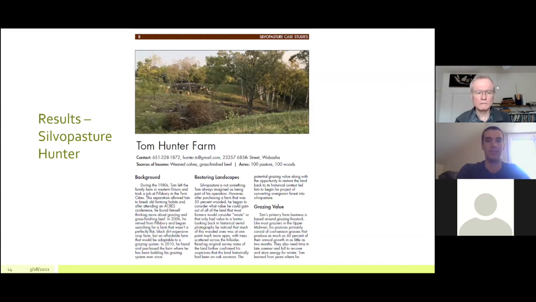silvopasture type setting. He found that his costs were close to $2,500 an acre, and the majority of those costs were made up by labor and time. I think that's a really neat thing to consider. When you hear $2,500 an acre to make silvopasture, for me anyway, it can right away make you go, whoa, that's a big number, and scare you away from the idea.